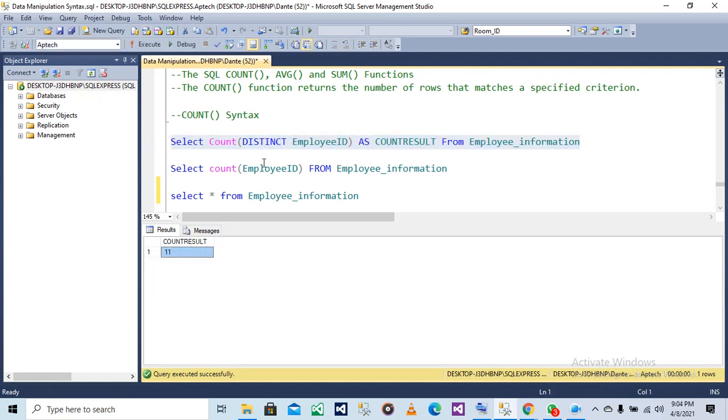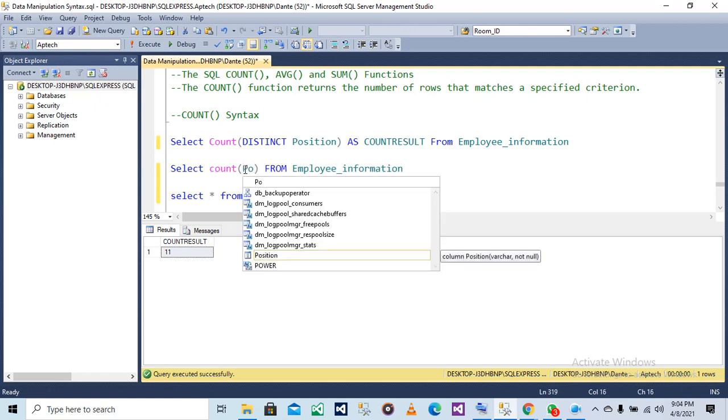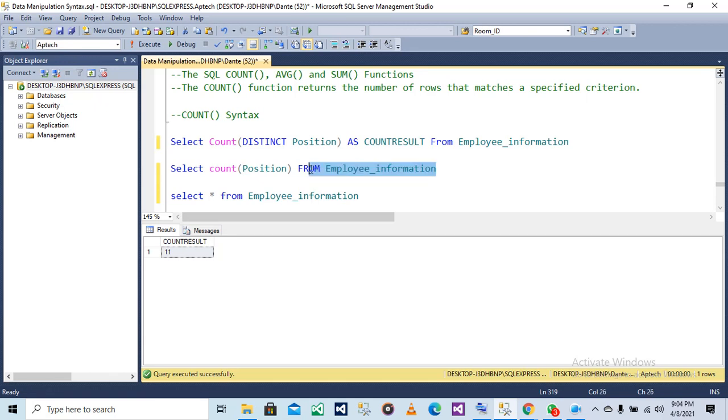So it's still 11 because employee ID has unique values. Using distinct, we know the meaning of distinct now. You're just trying to say you don't want to repeat words, you just want to know the amount of the exact values we have. You don't want any repetition. So if I put position here, this position is going to come out as 11.